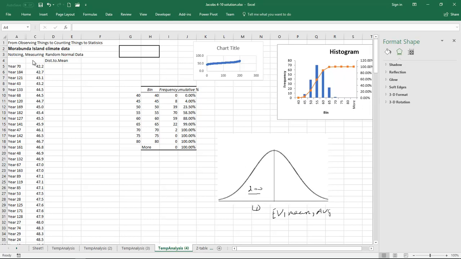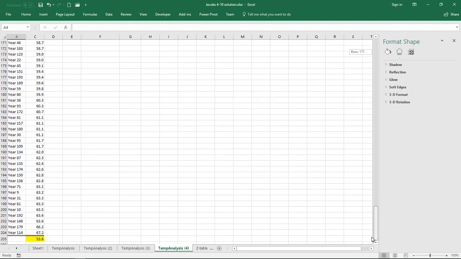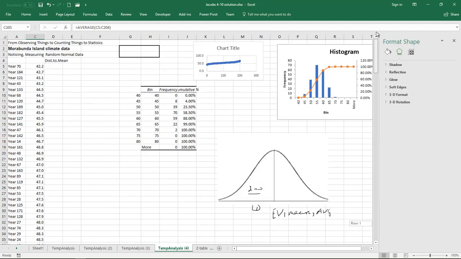So what I've done is I've set up the table a little bit so that I've calculated the average down at the bottom here. You can see that I've put it in gold. Our average is 53.8, and I'll click on that box just so you can see I just used the function from Excel. It's the average of all those 200 points. Okay, and I don't want to keep having to go down there, so I'm going to bring that back up to the top,